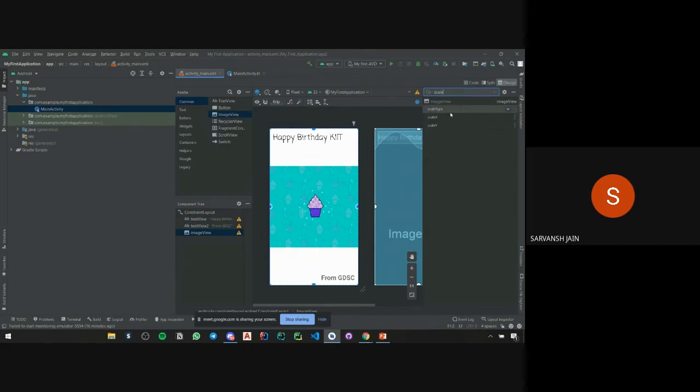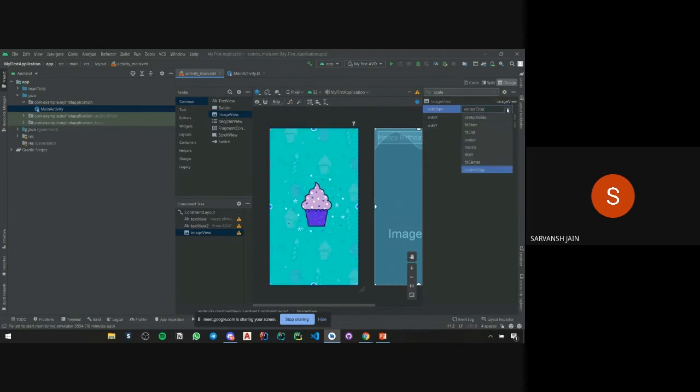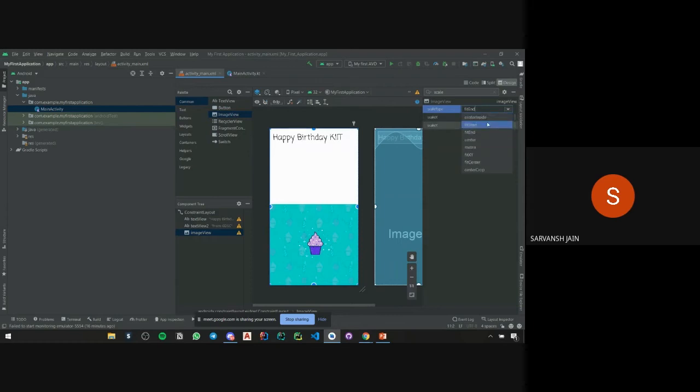As you saw, the first option is scale type. From this drop down menu, I'll select center crop. You can try other scaling like center. There are many scalings: fit end, fit start, center inside. Today we will be selecting center crop.